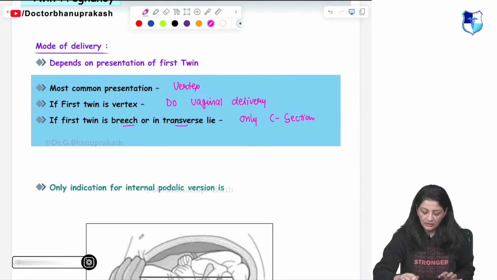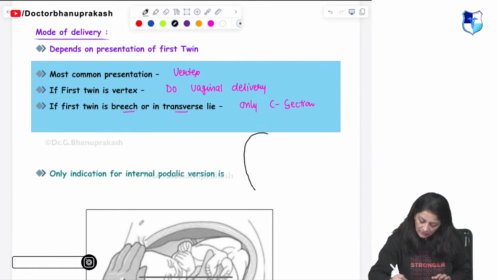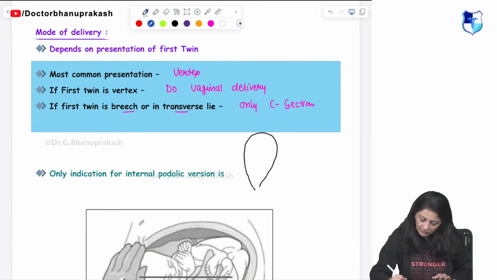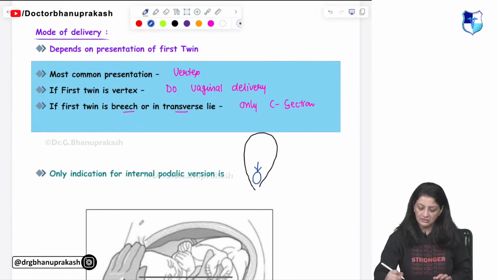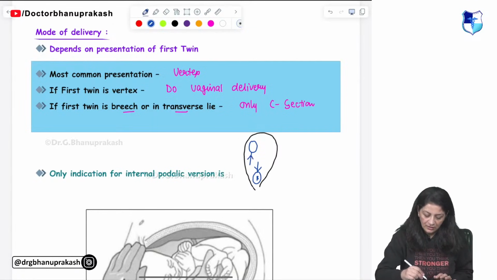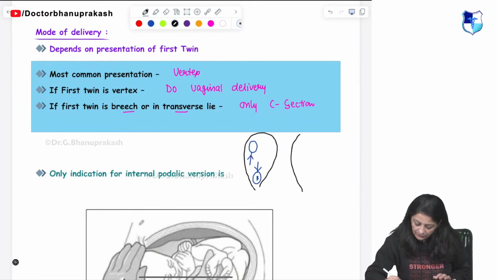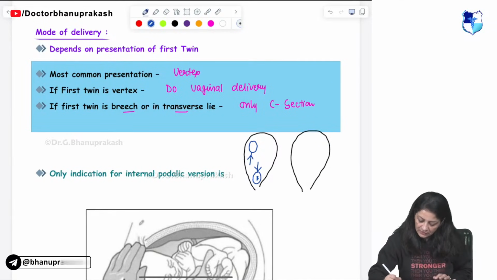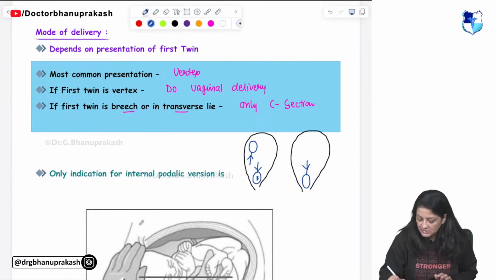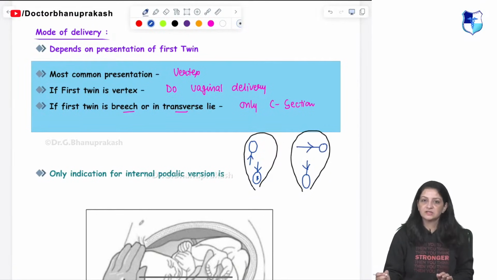See, this is the uterus. This one is the first twin in a cephalic presentation. This is the first twin, and the second twin in a breech presentation. In the second diagram, this is the first twin in a vertex presentation, and the second twin in a transverse lie. Then